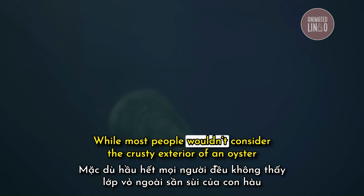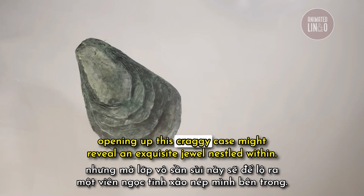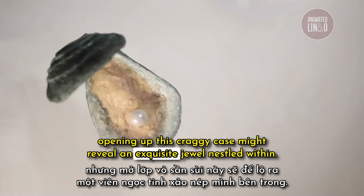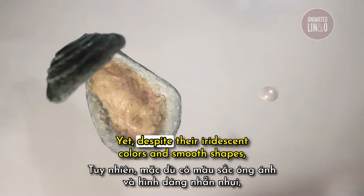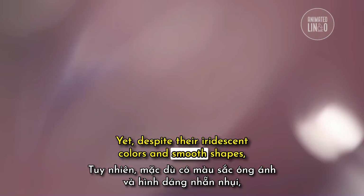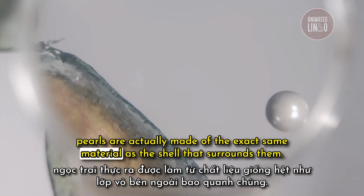While most people wouldn't consider the crusty exterior of an oyster to be particularly beautiful, opening up this craggy case might reveal an exquisite jewel nestled within. Yet, despite their iridescent colors and smooth shapes, pearls are actually made of the exact same material as the shell